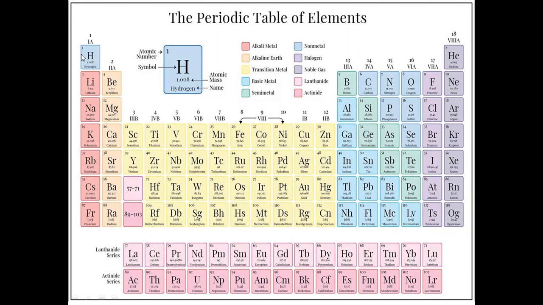Electrons will be revolving around the nucleus in a particular orbit, or a shell. Another word is a shell. So the number of protons and the number of electrons will be equal in an atom. In hydrogen, how many electrons are there? One. We can see that the atomic number is mentioned over here, right?